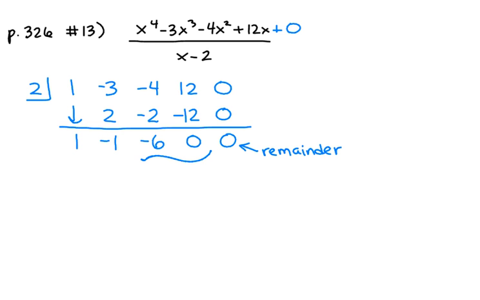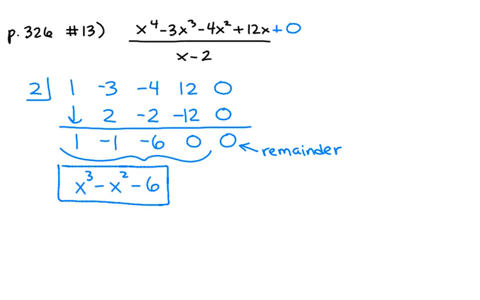So then the rest of it, this 0 here is the constant, and then this is for our x term, this is for our x squared term, and this is for our x cubed term. So we have 1x cubed minus 1x squared minus 6. And that's our answer. And the other thing we know from that, because we had a remainder of 0 and x minus 2 went in evenly, we know that the numerator, which was x to the 4th minus 3x cubed minus 4x squared plus 12x, can be factored into,